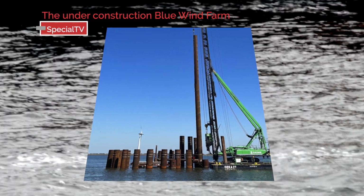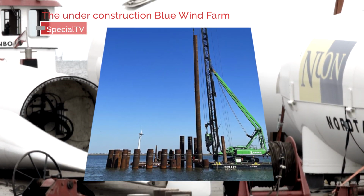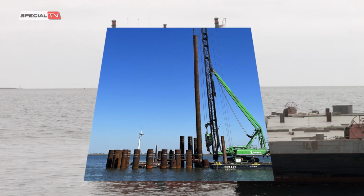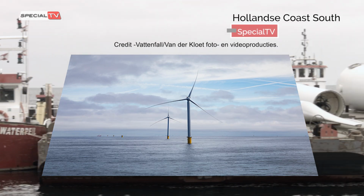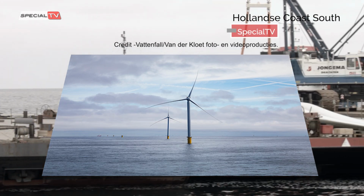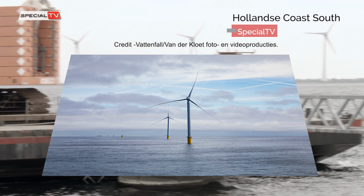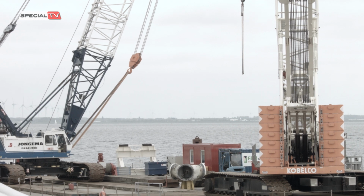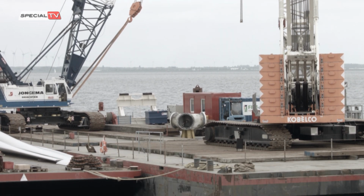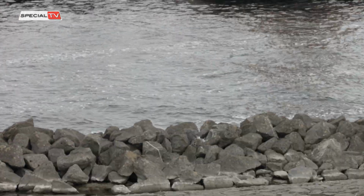Vattenfall is now working with Swifterwind on the development of a new wind Plan Blue wind farm next to the old Irene Vorrink wind farm. And, for example, on a larger wind farm in the North Sea, called Hollandse Kust South. Vattenfall was also happy with the cooperation with the F&B Group. According to Vattenfall spokesperson Robert Portier,